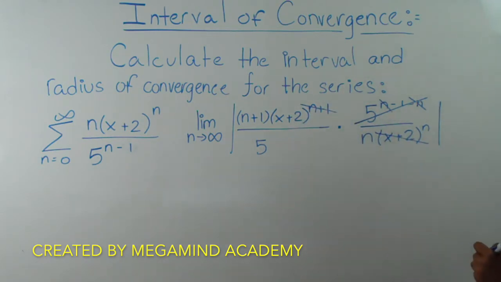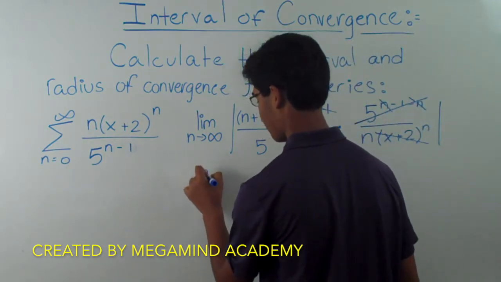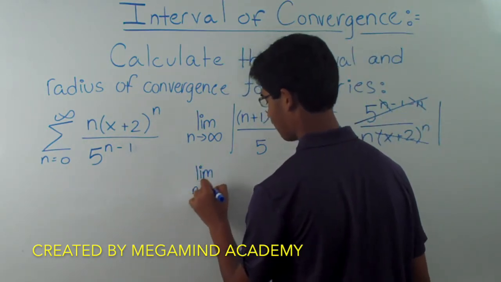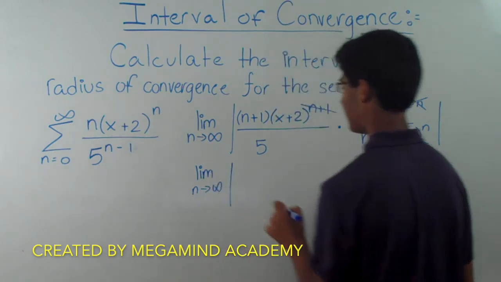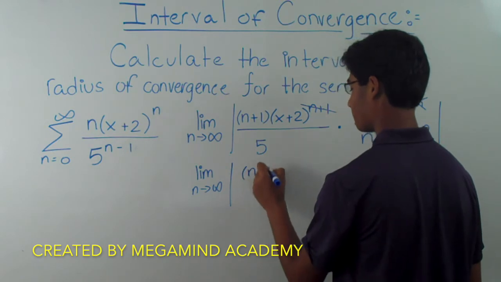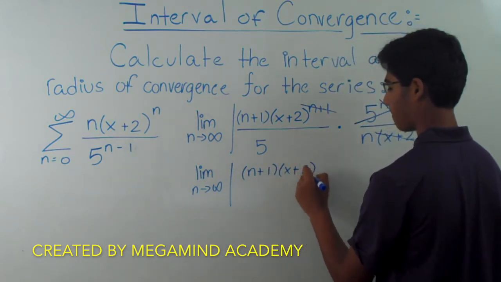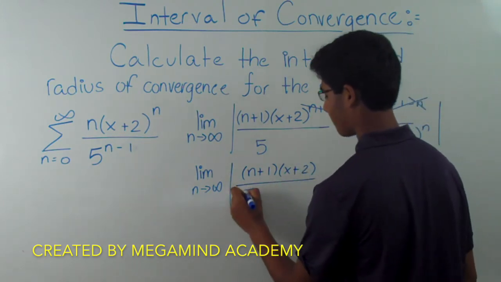So now let's rewrite this limit. We get the limit as n approaches infinity of the absolute value of n plus 1 times (x plus 2) over 5n,